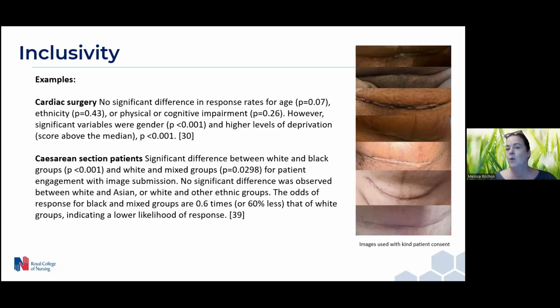But it is important to mention that the numbers were relatively low, but it speaks to how you make sure your surveillance program is inclusive and equitable. I don't have all the answers, but I can tell you that we are looking to work together to make sure that we are addressing any barriers and to overcome these.